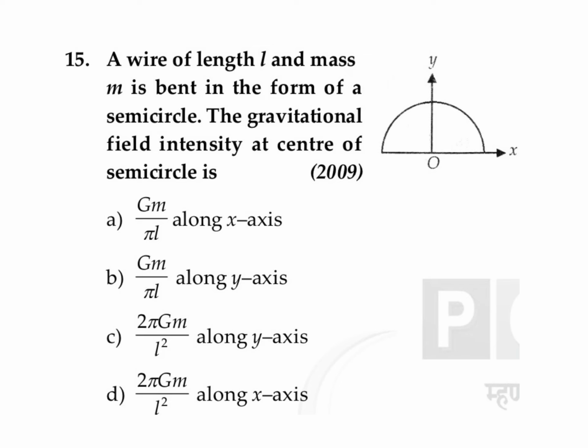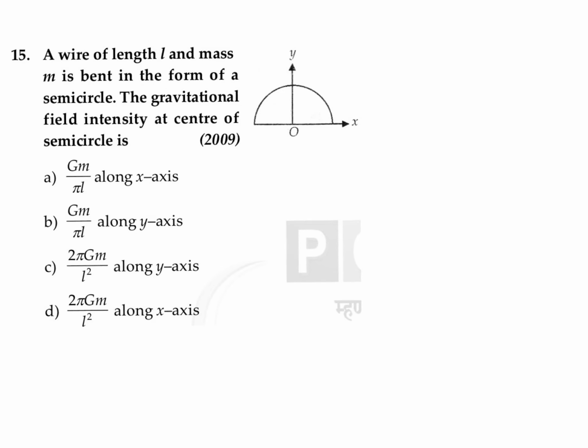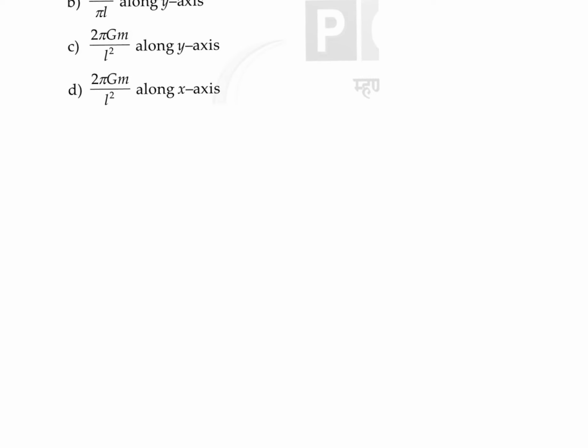A wire of length L and mass m is bent in the form of a semicircle. The gravitational field intensity at the center of the semicircle is. So we know that due to any circular arc, we can find out the value of gravitational field by using